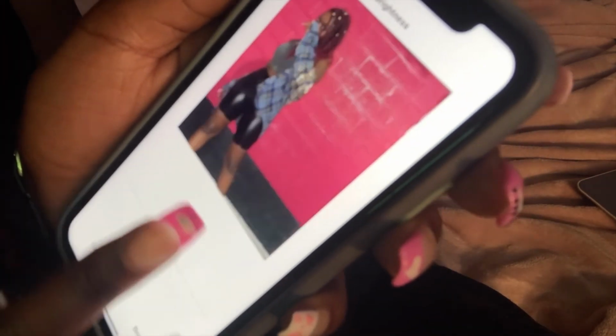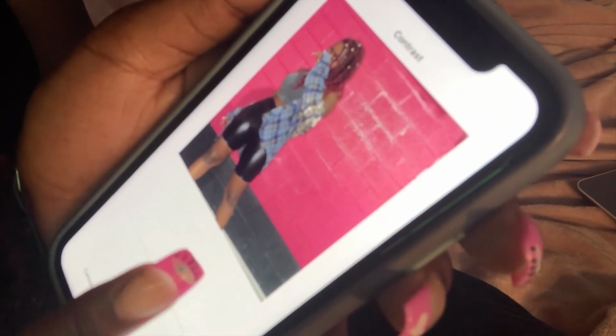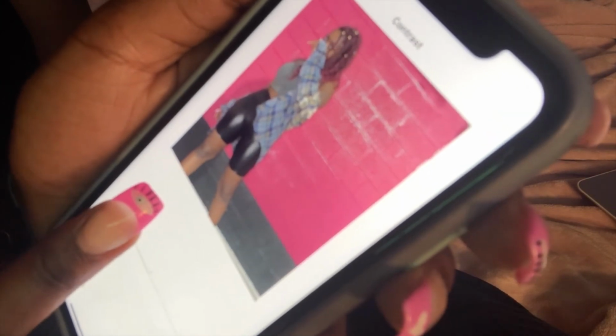So let's hit brightness. I like to do both ends of the spectrum to see if I want to edit any of that. I don't want to edit the brightness, so I'm going to hit cancel. Then I come to contrast. I always use contrast. Never negative contrast though. It's always positive contrast. So let me see, I just love contrast. It just makes everything look more,